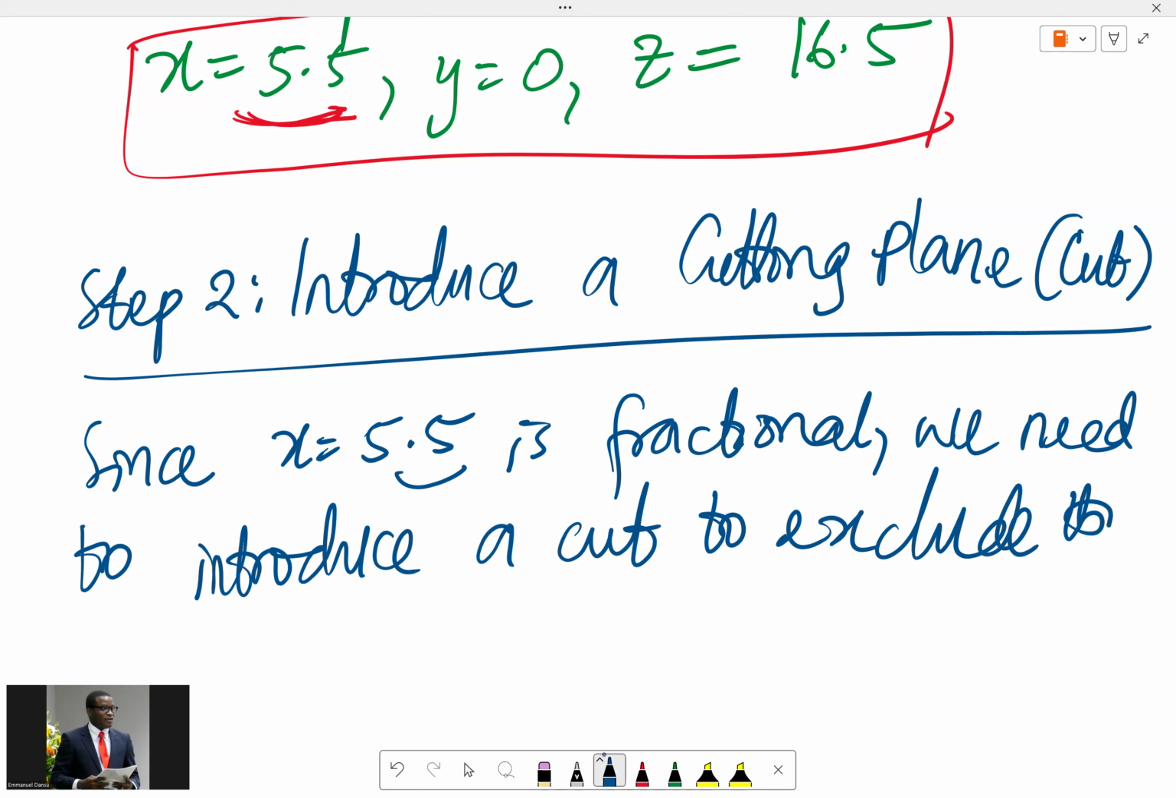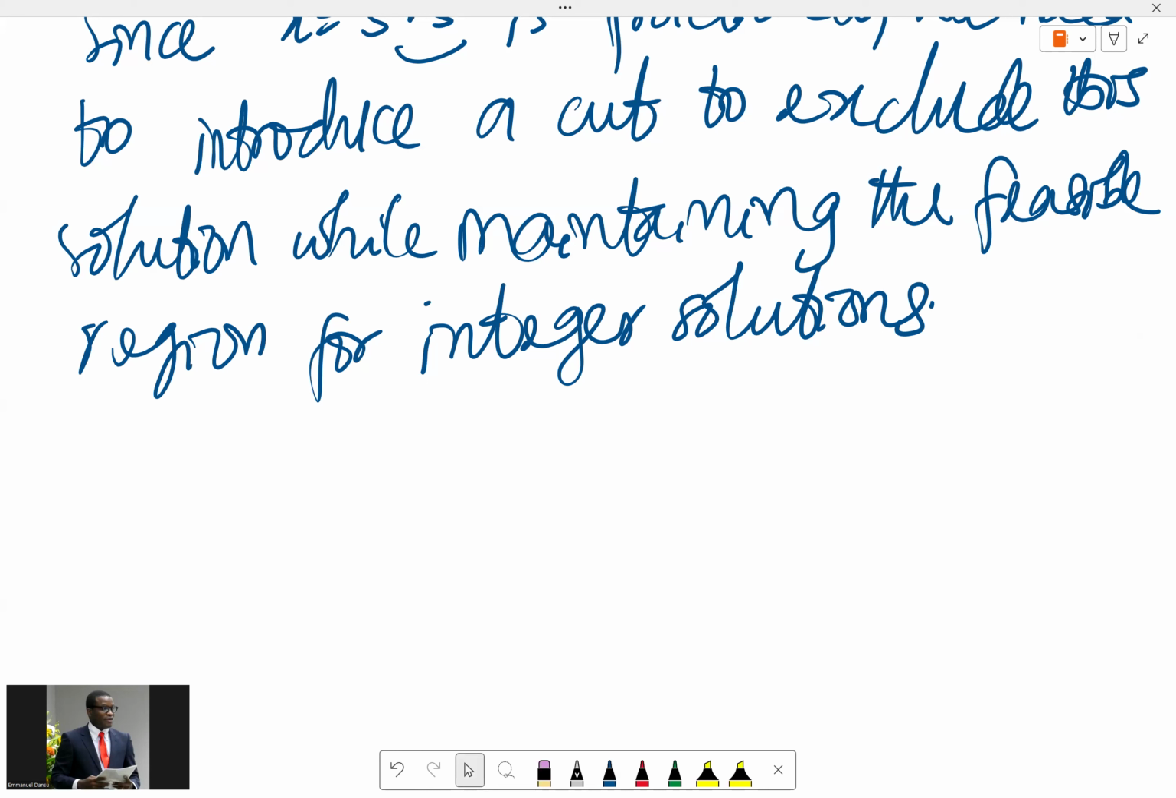Okay. So basically what we're just going to do is this. One way to derive a cut is to look at the fractional part of the solution. Here, x is 5.5, and it has the fractional part of 0.5. So we can create a cut based on this fractional value. So we can use a Gomory cut, but for simplicity, let's assume that we want to exclude the fractional solution by adding a constraint that eliminates fractional values for x. So we already know that